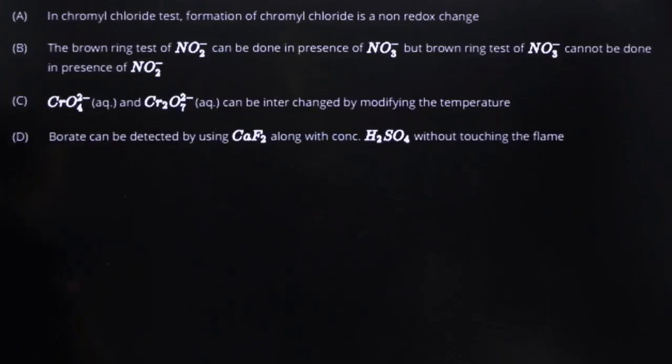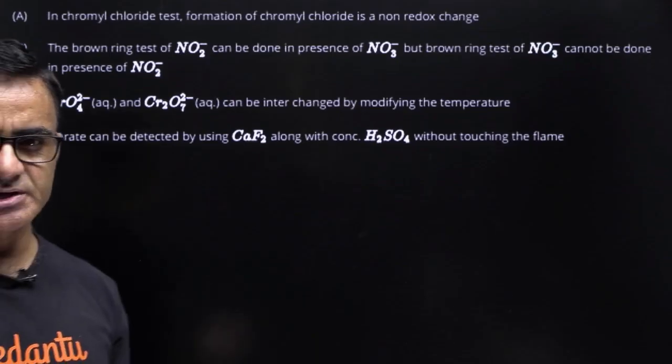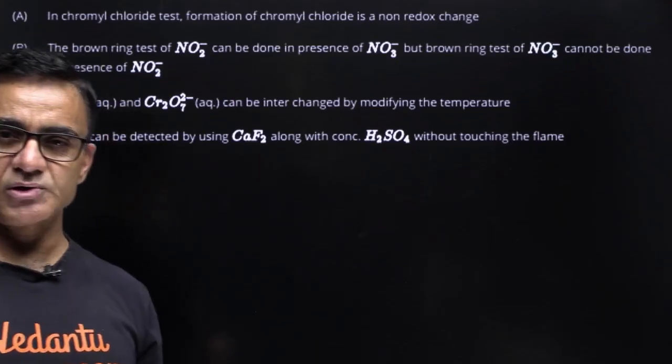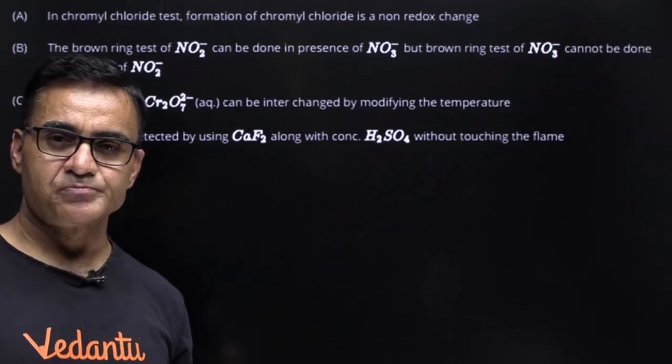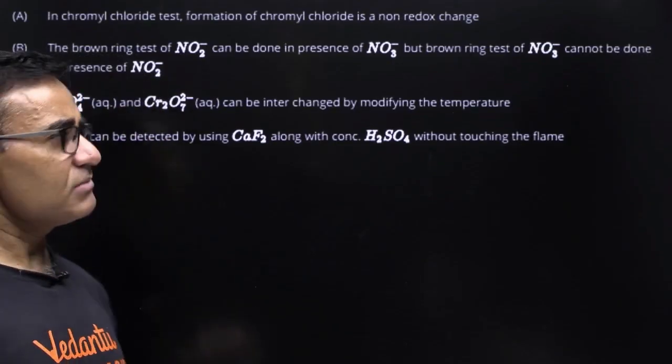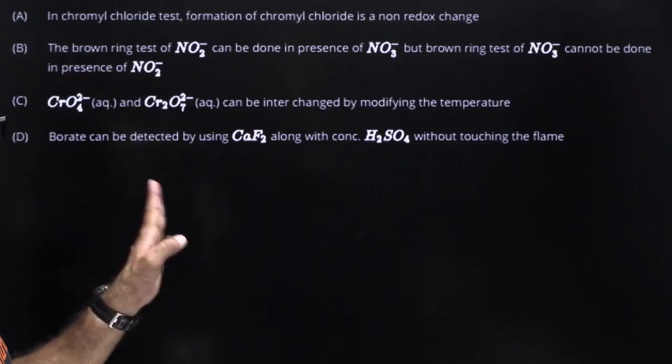इस क्वेश्चन में आपको 4 स्टेटमेंट दिख रहे हैं और इसमें आपको बताना है इनकरेक्ट स्टेटमेंट कौन सा है। ऑलराइट, इन क्रोमिल क्लोराइड टेस्ट फॉर्मेशन ऑफ क्रोमिल क्लोराइड इज अ नॉन रिडॉक्स चेंज। यस, ये बिल्कुल करेक्ट स्टेटमेंट है, क्योंकि क्रोमिल क्लोराइड टेस्ट में K2Cr2O7 जहाँ पे क्रोमियम का ऑक्सीडेशन नंबर +6 होता है, वो क्रोमिल क्लोराइड CrO2Cl2 में कन्वर्ट होता है, वहाँ भी ऑक्सीडेशन नंबर क्रोमियम का +6 होता है, तो रिडॉक्स रिएक्शन नहीं है ये।